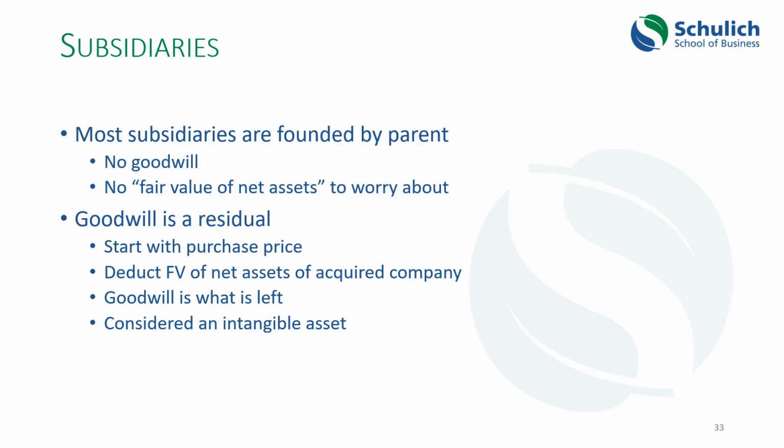So here's what happens. If the company does an acquisition of another company, goodwill arises by taking the purchase price that is paid for all of those assets and liabilities. Remember, when you buy another company, you're acquiring all of its assets and all of its liabilities. So the price that you pay to the shareholders of that company in order to take their shares from them and own them yourself, that's the purchase price that you negotiate with those shareholders. And what you acquire is the fair value of the assets and the fair value of the liabilities of that company. And that may not add up to the price that you paid to the shareholders.